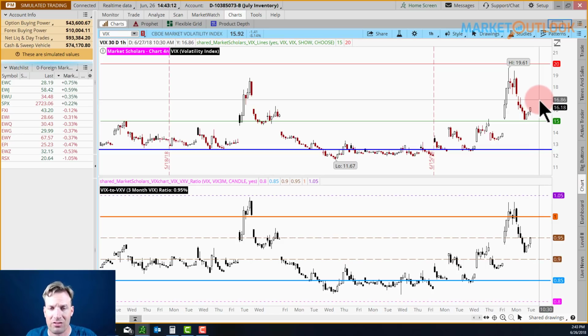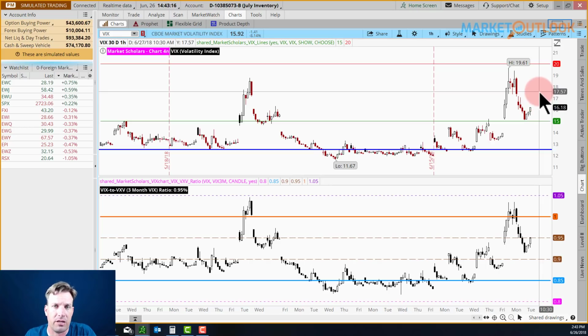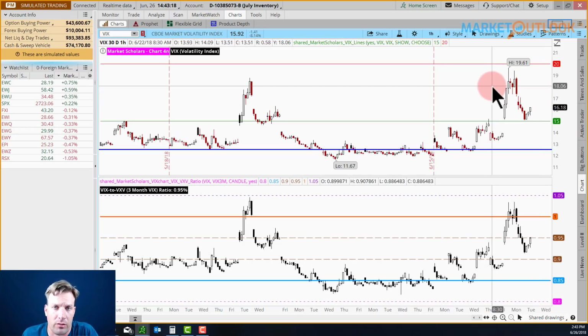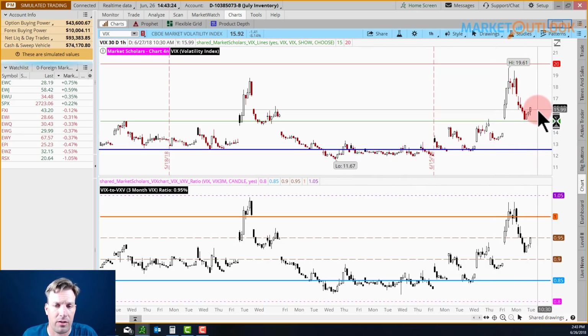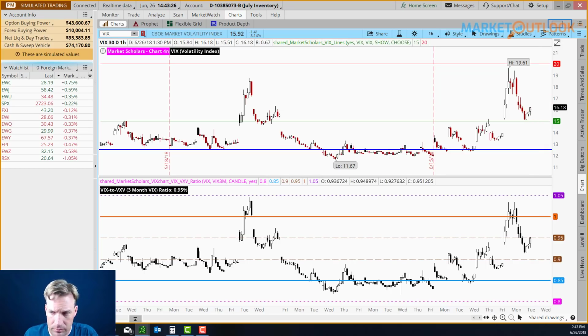So it doesn't mean that has to happen, because things don't always turn out as you expect. But if you never expect anything, you don't trade, right? Every trade you make and everything you do is based off of expectations, and these are the expectations we have based off of the chart.